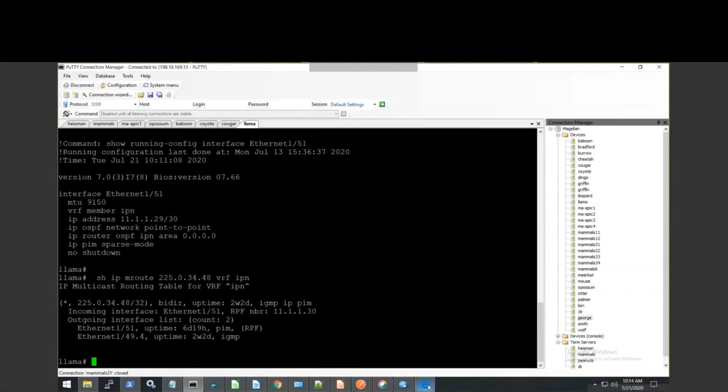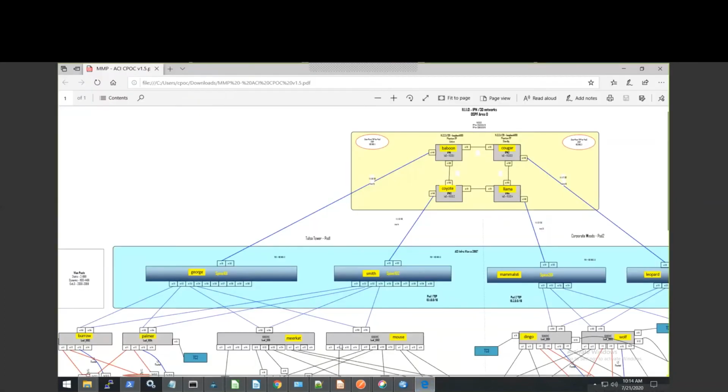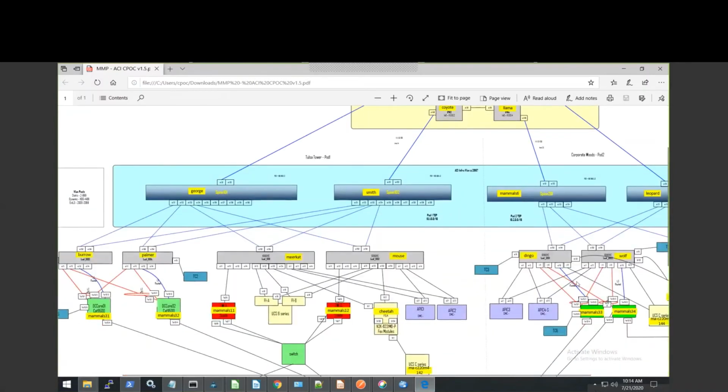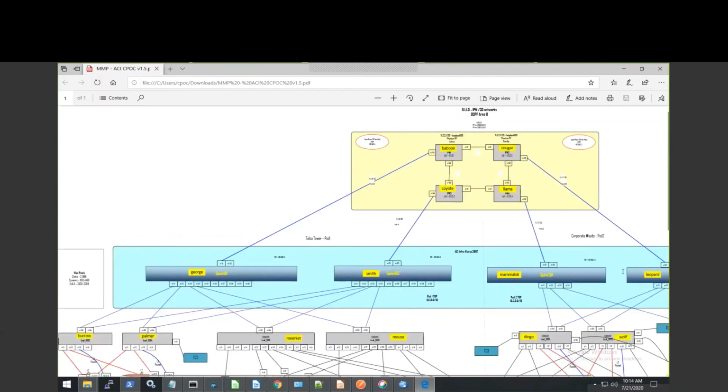So let's say our pod 1 is already fully configured and we're bringing up pod 2. In pod 2, initially they have no IP address. They need spines, they need to get their IP address and then leafs. So we need to set up the helper on the interfaces toward the spine, to send the DHCP request to the APIC in pod 1. So what we need to do is we go